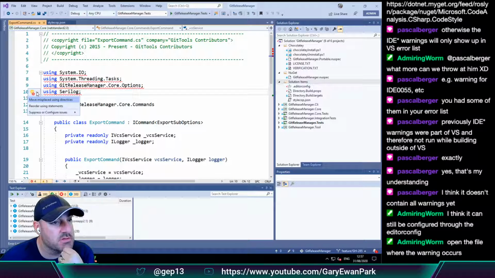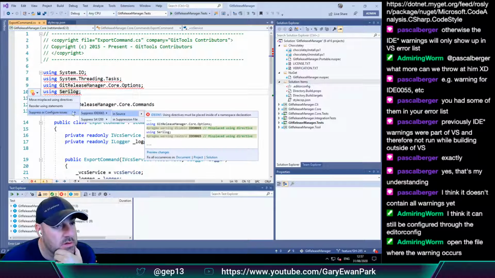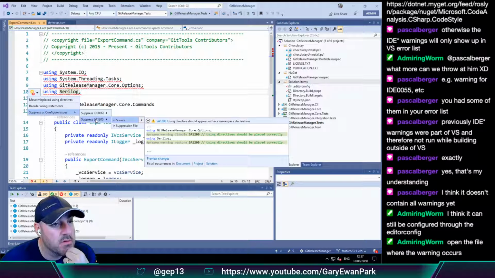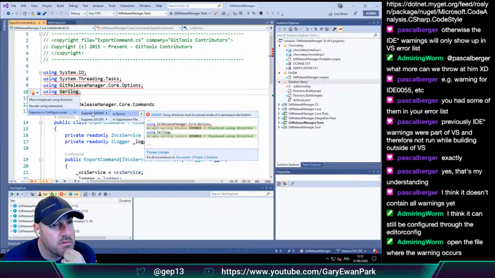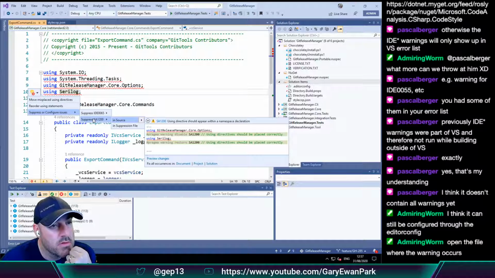Quick actions. Don't want to suppress it. The benefit now is because of these refactorings, I can fix it everywhere. I can fix this rather than having to go through them individually. I can go through them as a whole, but